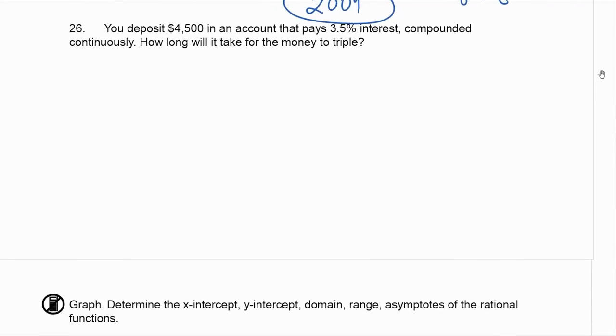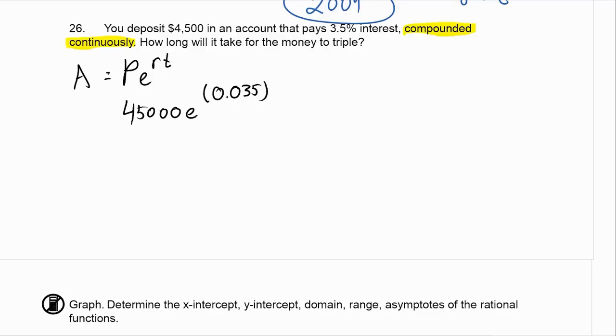And number 26, to finish up this page. You deposit $4,500 into an account that pays 3.5% interest compounded continuously. Now, yet again, the whole idea of compounding, that's when you use a specific formula, but in this case, we're going to be using PE to the RT. So as we like to say, PERT. So the deposit amount, which was $4,500, the E, which is, well, we can do this in our calculator, the rate, which is 0.035. I'm trying to figure out what the T value is equal to,